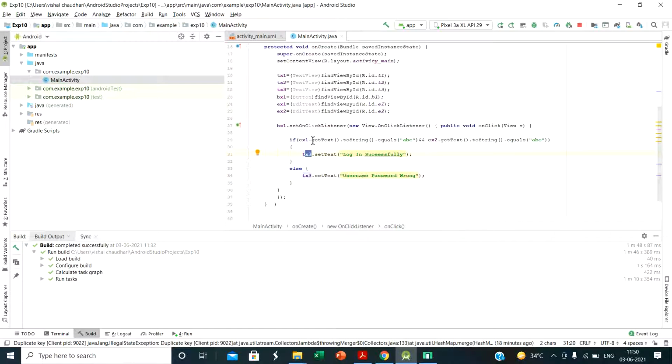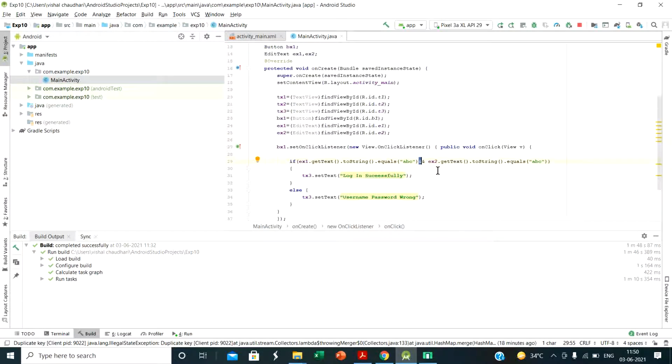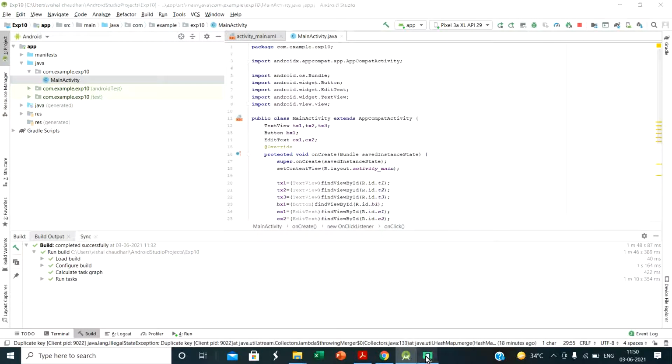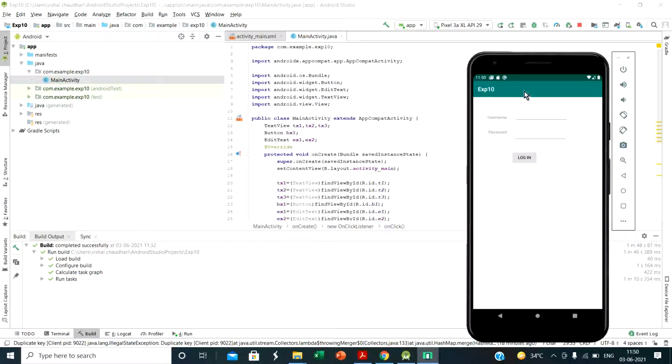So simple. Here we use the if statement, and inside it we write the condition by using the logical AND operator. So this is your code, and when I run this program you get this page, experiment number 10, with username and password. These are the two text views, these are two edit texts, and this is one login button.